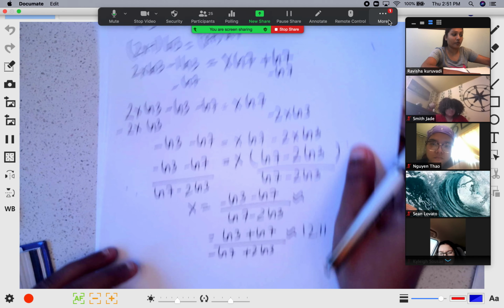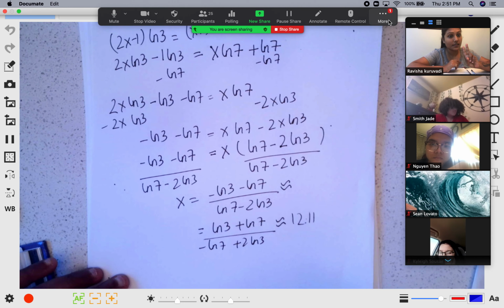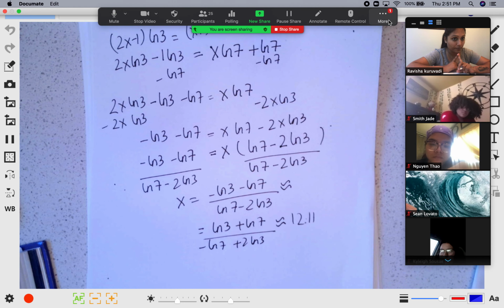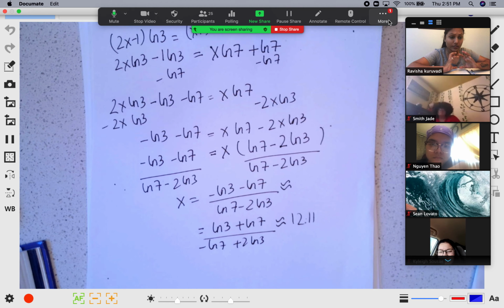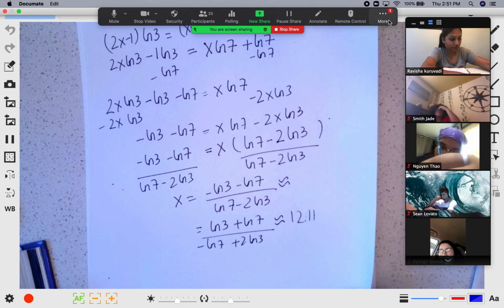So the next type of question is, so far we did 2 kinds of questions. First, you try to make your base the same. If the bases are the same, you put the powers equal to each other and then solve. If you cannot make the base the same, you isolate the exponential term, and then you decide whether you're going to take log or ln and then solve. So these are the two methods we did so far. Next method we are going to do is,